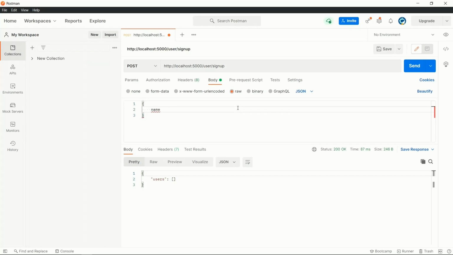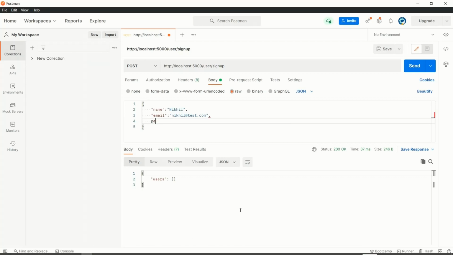So we can have the name as Nikhil, my name. After that we can have the email, I can add my email as nikhil@test.com, and then we can have the password as well, 123456. So we have the name as Nikhil, the email as nikhil@test.com, and then the password. Now we need to send the new request. If we now click on send,